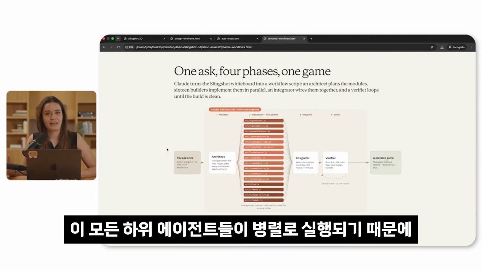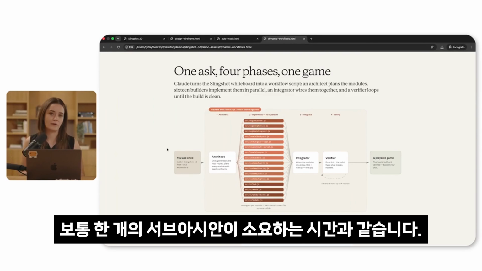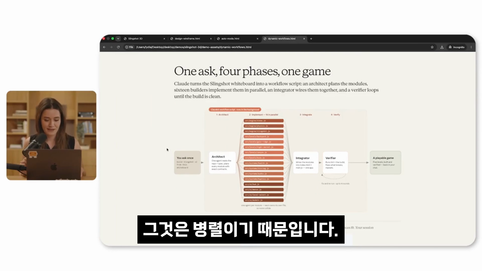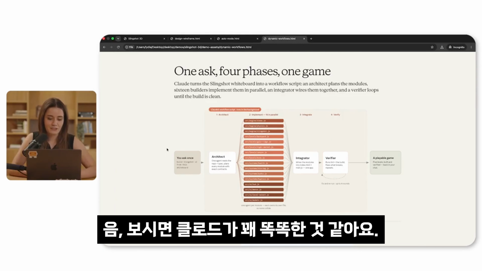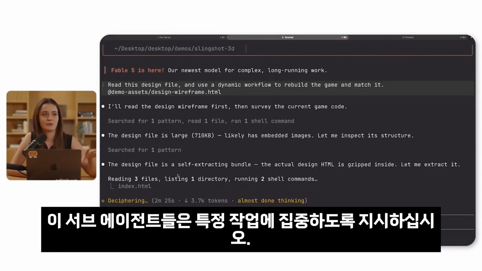And because all these sub-agents run in parallel, you can also achieve a lot more within usually the same amount of time as a single sub-agent would have, because it's parallel. And what you'll see is Claude is pretty smart at delegating these sub-agents to be very focused